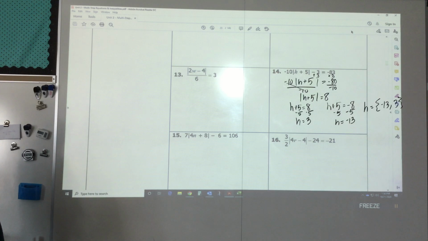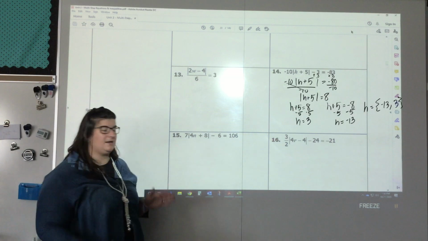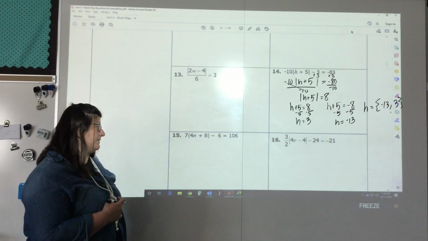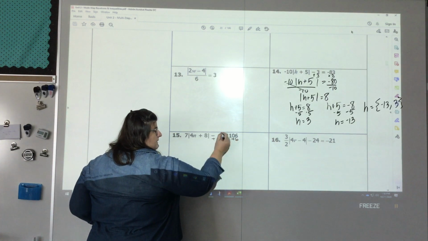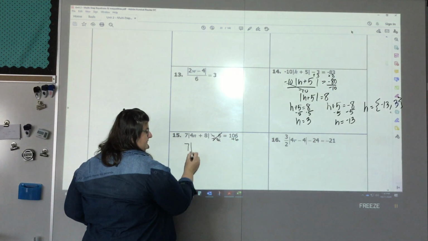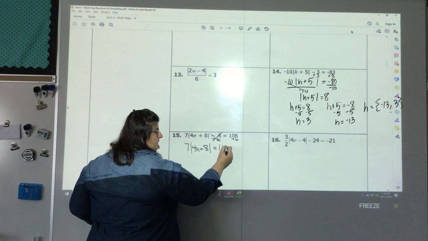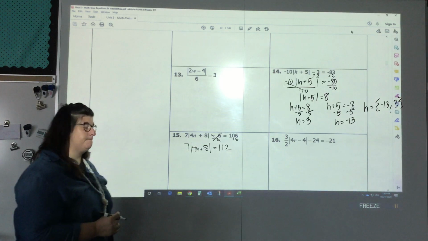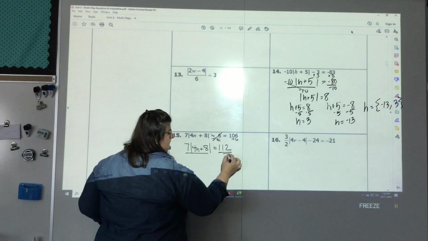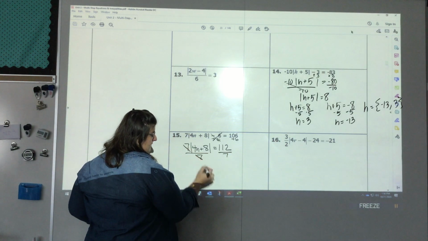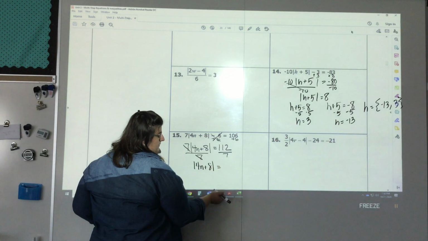Looking at 15, I have to do 2 more steps again. I need to get rid of this negative 6 and this 7. I need my absolute values to be completely by themselves. So I'm going to add 6 to both sides, starting there. 7 times the absolute value of 4n plus 8 equals 112. Divide by 7. Cancels these guys out. You got your absolute value of 4n plus 8 equals